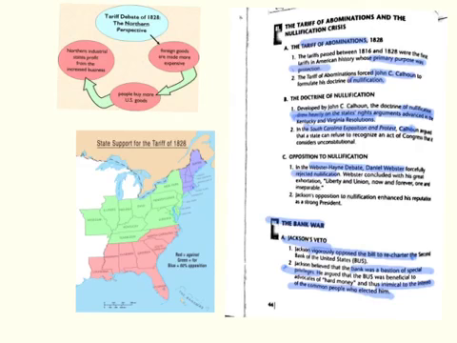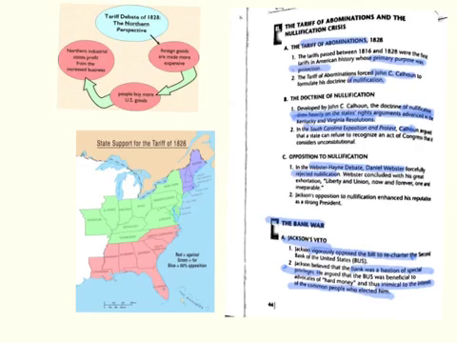The South doesn't want to get involved in one of these because a majority of their international exports of cotton are to England. And when this tariff goes into effect, England begins to buy less and less cotton from the South. So they see the tariff as being favorable to the North at the expense of the South.